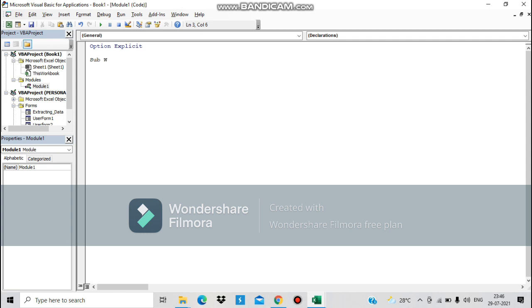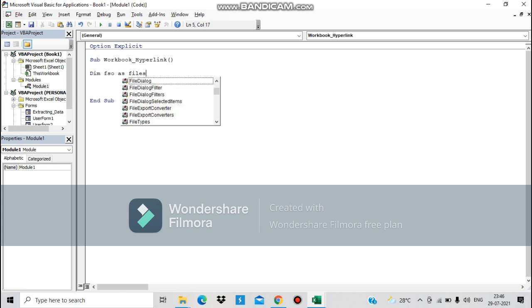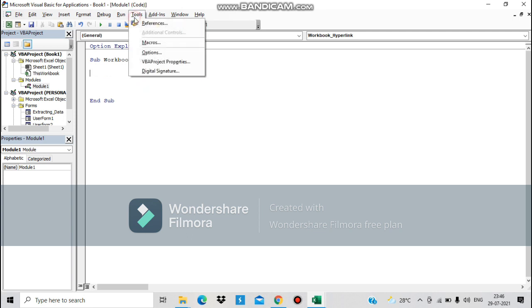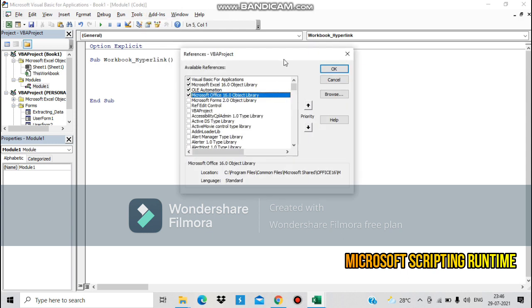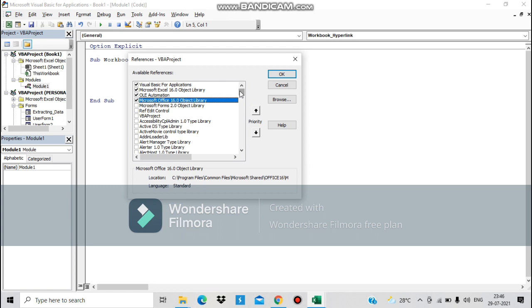Let's say workbook hyperlink. Basically, I am going to declare FSO first. FSO is a file system object. Okay, I'm sorry, I did not enable it first. So Tools, References, and now you will get this pop-up, where you will get a lot of libraries.